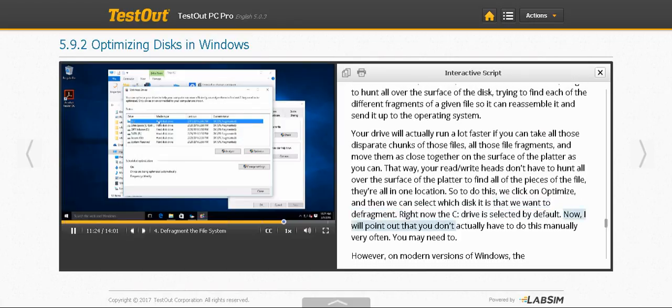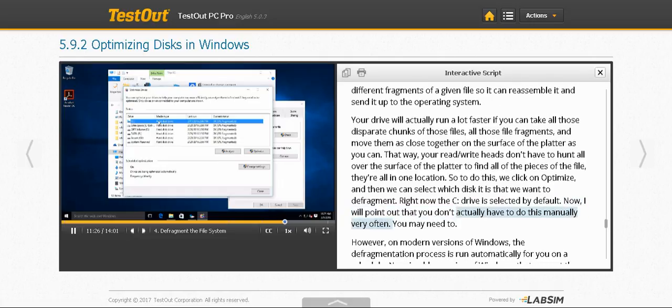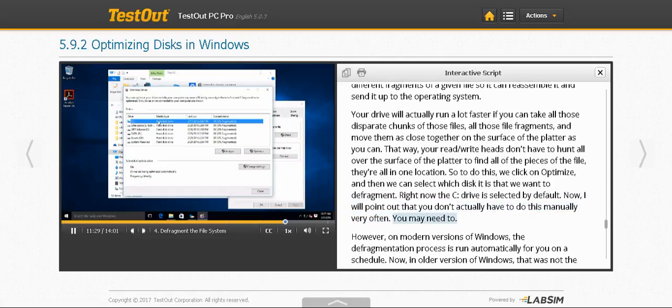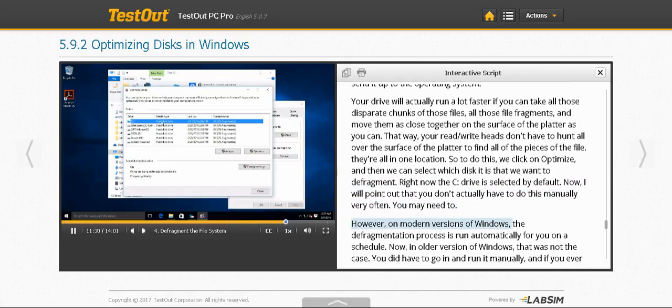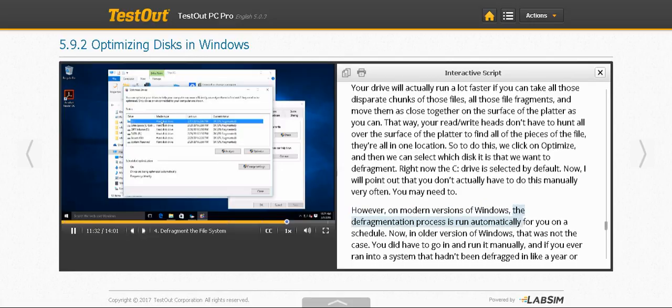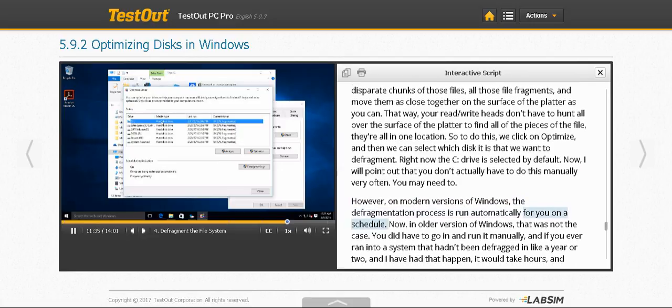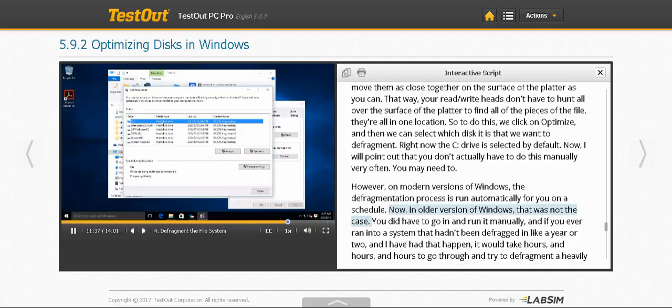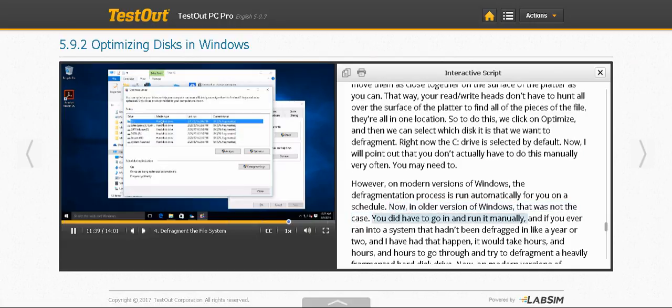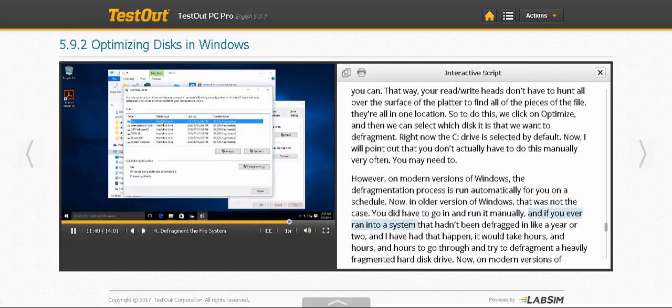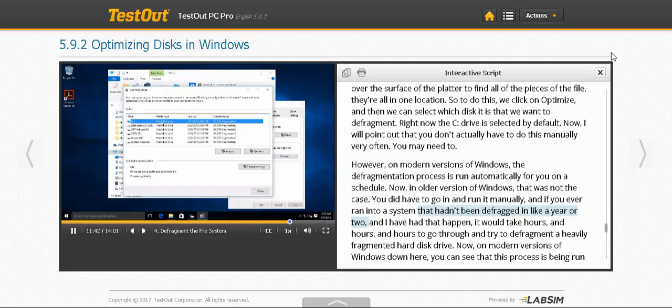Now, I will point out that you don't actually have to do this manually very often. You may need to. However, on modern versions of Windows, the defragmentation process is run automatically for you on a schedule. Now, in older versions of Windows, that was not the case. You did have to go in and run it manually. And if you ever ran into a system that hadn't been defragged in like a year or two, and I have had that